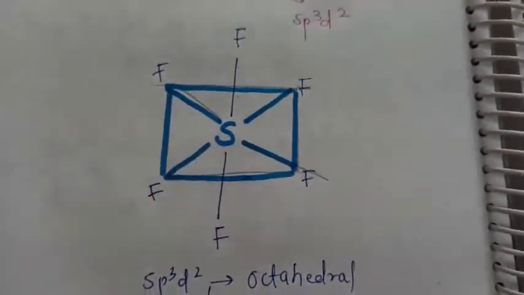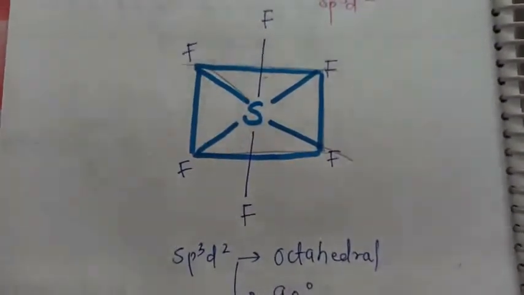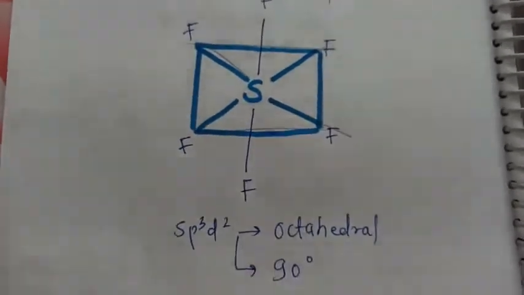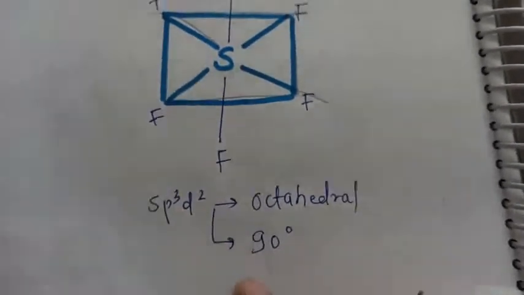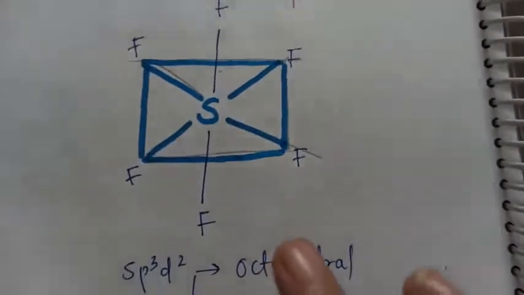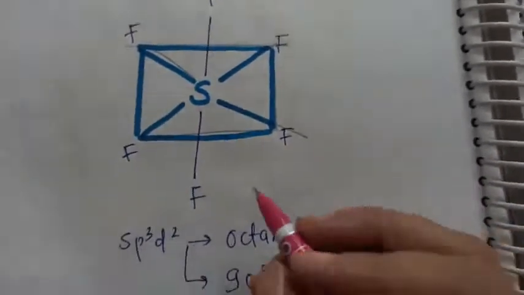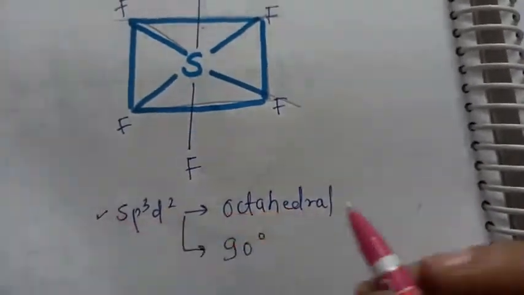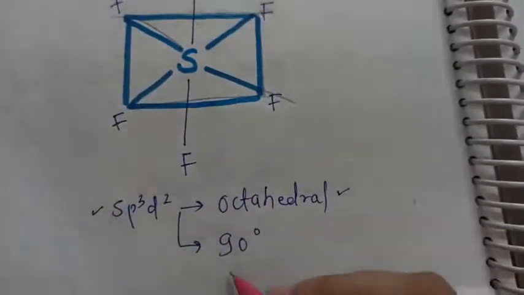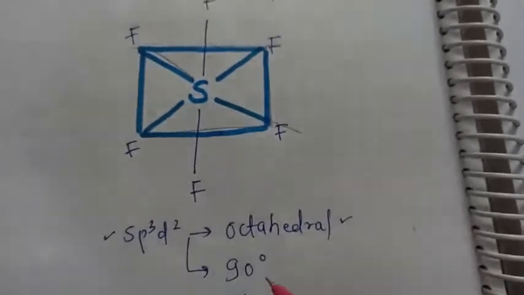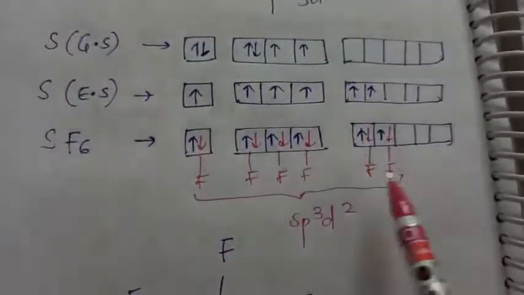So you'll have to remember कि sp3d2 hybridization ऐसा hybridization है जिसमें सारे bonds 90 degree हैं और सारी bond length बराबर होती है. Right, so this is very very important. So SF6 molecule has sp3d2 hybridization, geometry octahedral, bond angle everywhere 90 degree, and these are the hybrid orbitals for